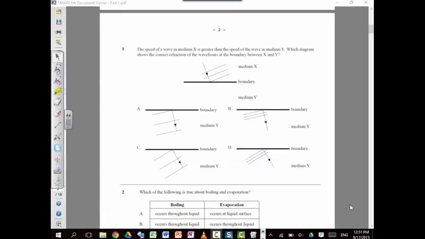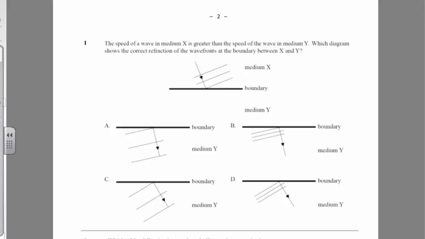Okay, for question 1, the speed of a wave in medium x is greater than the speed of the wave in medium y. Which diagram shows the correct refraction of the wavefront at the boundary between x and y? Well, if you look at the waves, they're traveling from a medium in which they go quickly to a medium in which they travel slowly,